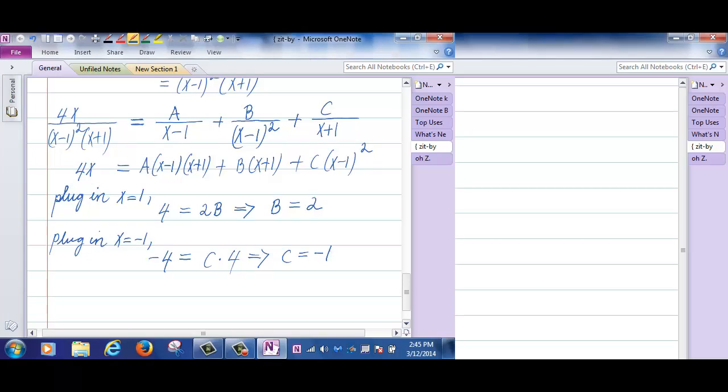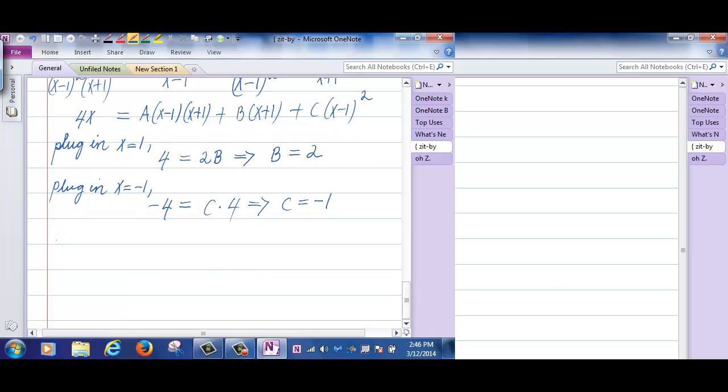Well, now that I know both b and c, I can plug in any number and solve for a, as long as the coefficient of a is not 0. So I need to pick x to be something other than 1 and negative 1. So let's pick 2. So if I plug in x equals 2,